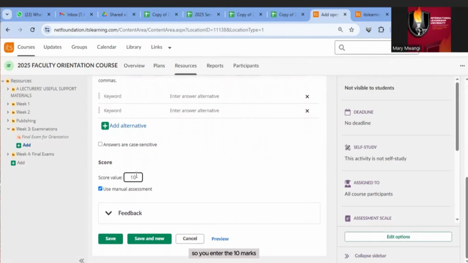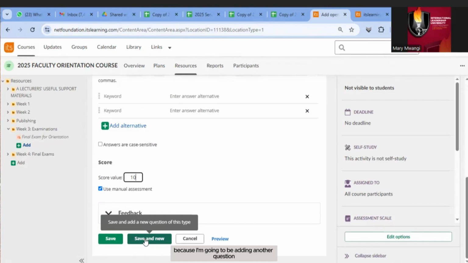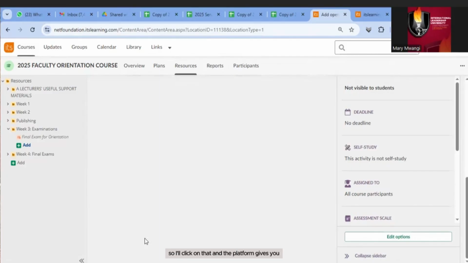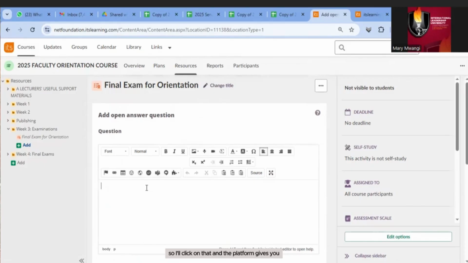So you enter the 10 marks, and because this is an open answer question, I'm not going to use the automatic assessments that the platform uses, but I want to use manual assessment. So I will let that box remain checked, and then I will click Save and New. I'll click on Save and New because I'm going to be adding another question of the open answer type. So I'll click on that, and the platform will give me space to add another question